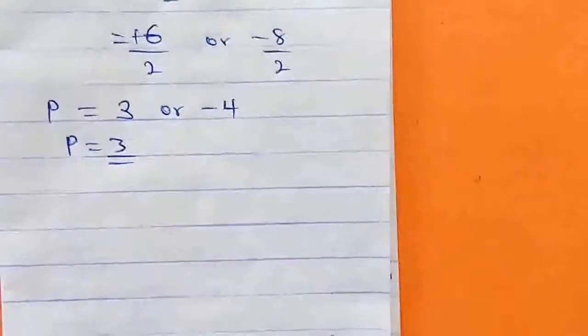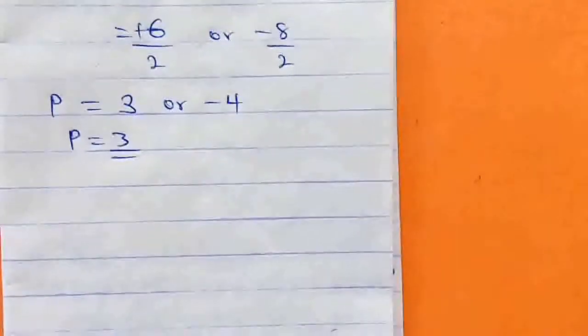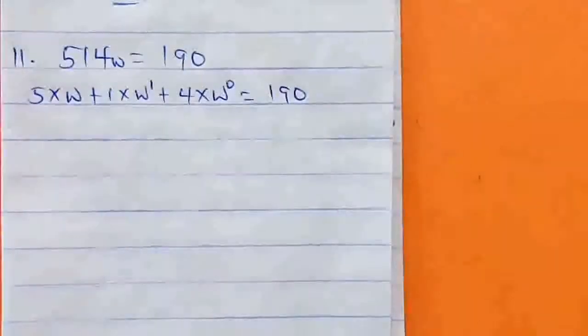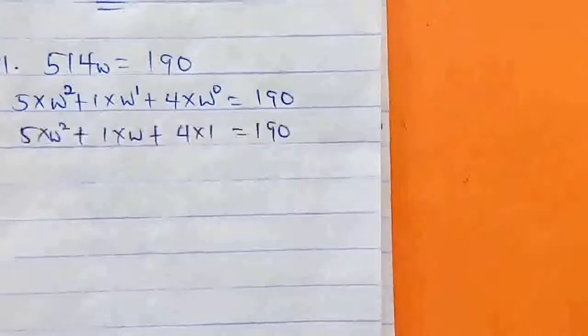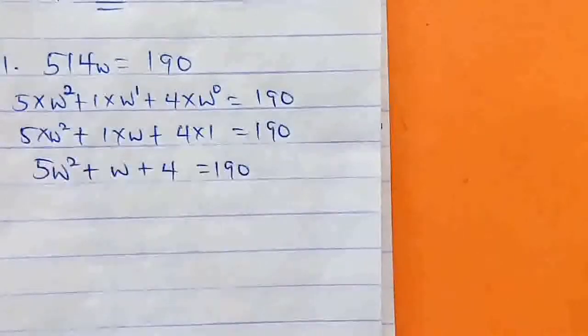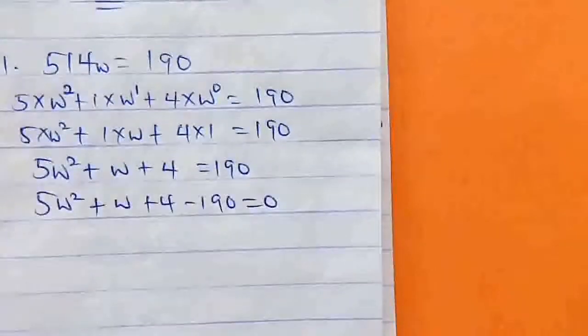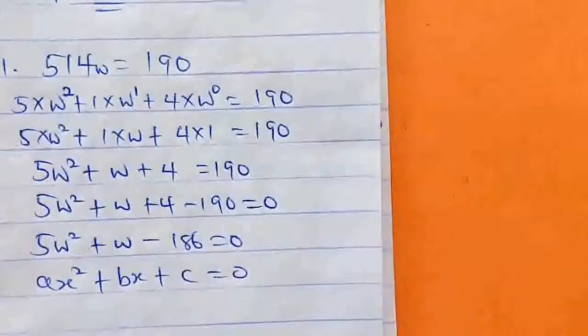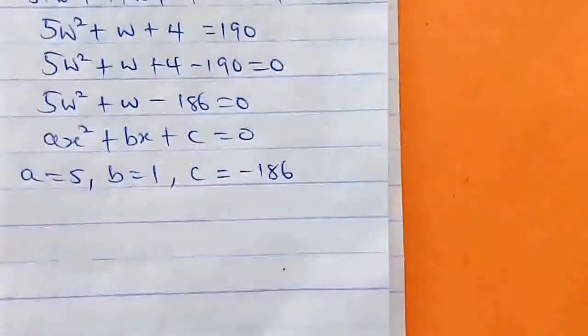I'm still using the quadratic formula for the next one. Therefore, let's go for the next question. Convert it to base 10. We will have, further, now let's bring in 190 to the other side. We will have, it will yield, which is similar to where a is equal to, going with the quadratic formula,